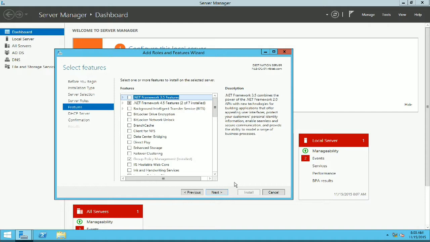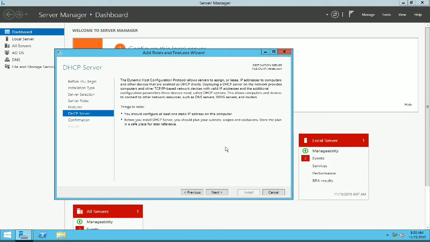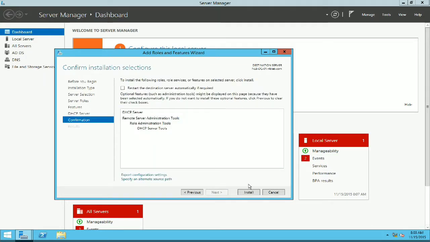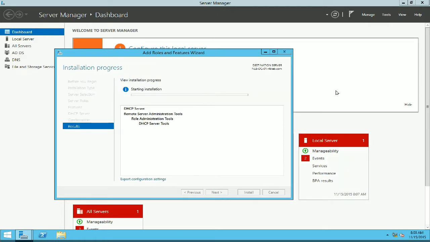I'm going to click next once again. Here is some additional information for the DHCP and things that you need to note. You can check them as well. So I'm going to click install, and while this is installing, I'm going to quickly switch to my virtual machine